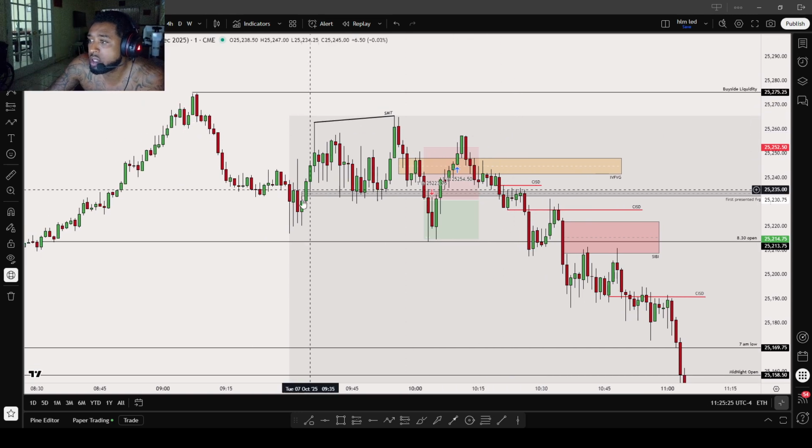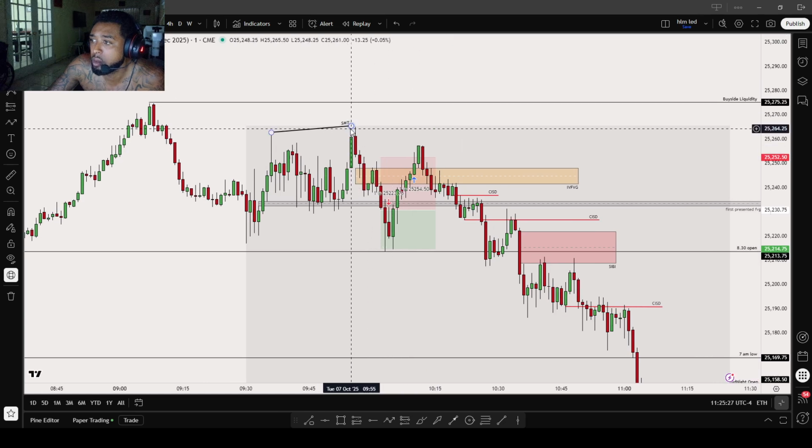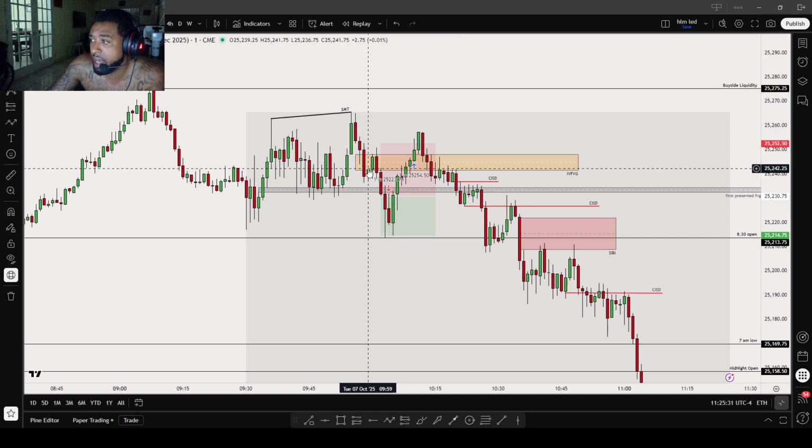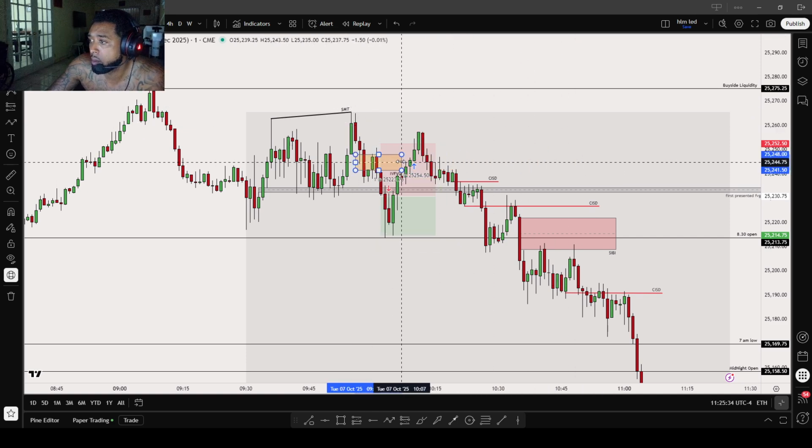So what you see here, we finally get an SMT right here at 955 with ES NQ. We get an SMT. Then we get that inverse fair value gap right here. Right, matter of fact,